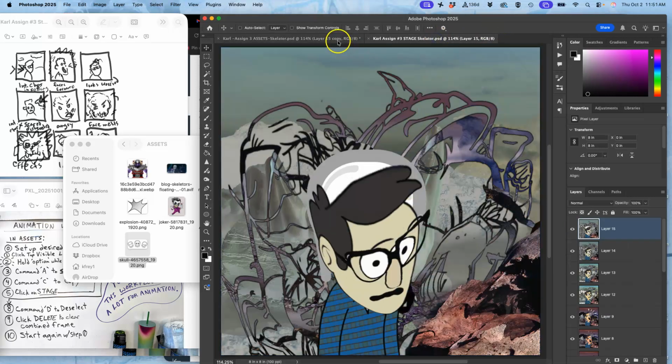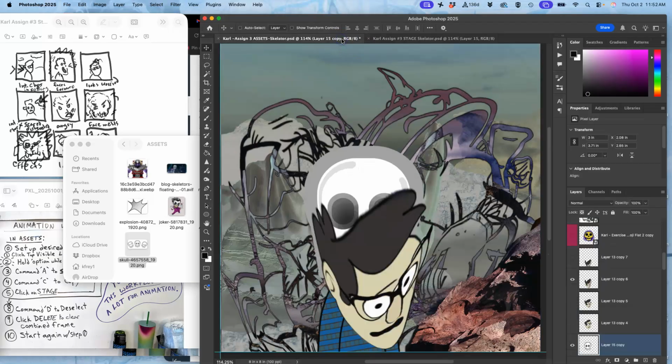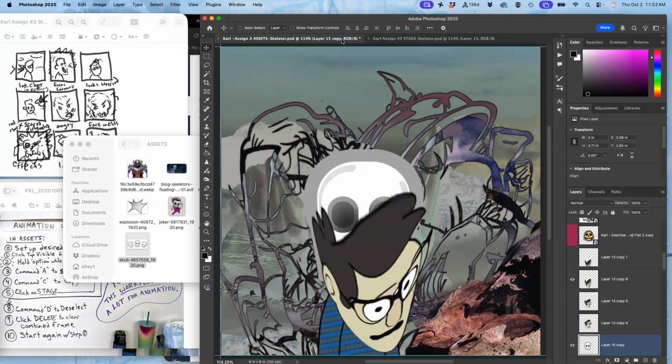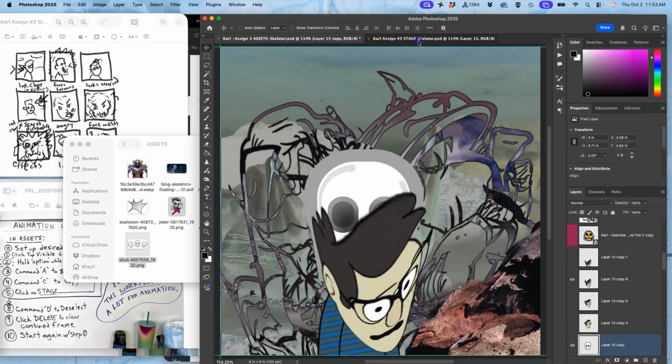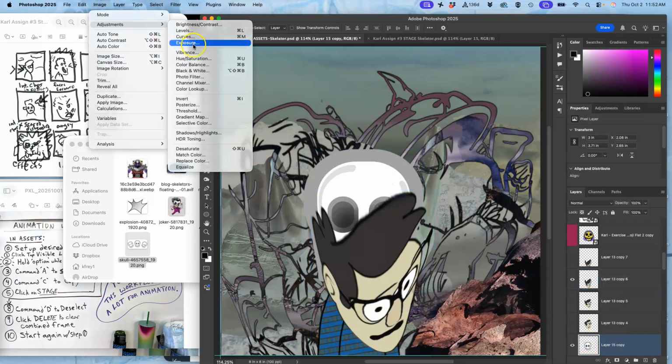So now, just as we begin to realize that it's a skull, because this is all going to be moving, that skull is going to start to kind of hover in place so that the body can fall away eventually for the Skeletor. And, oh, that's another idea. And I can start coloring the skull. So I can go to Image Adjustments, Hue